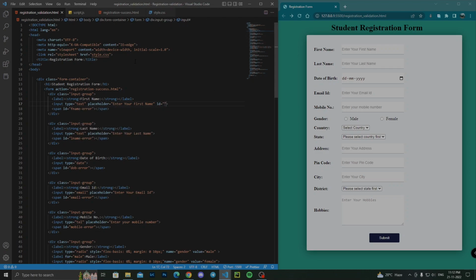So make here one ID will be fname, let's say, and we are gonna check two times. First, while we are giving input, we are gonna check that time, and another while we are completing all those input fields, and when we click this submit button, we are gonna check the final validations. So while we are typing, we are gonna check, that can be achieved using one attribute known as onkeyup. So we are gonna put